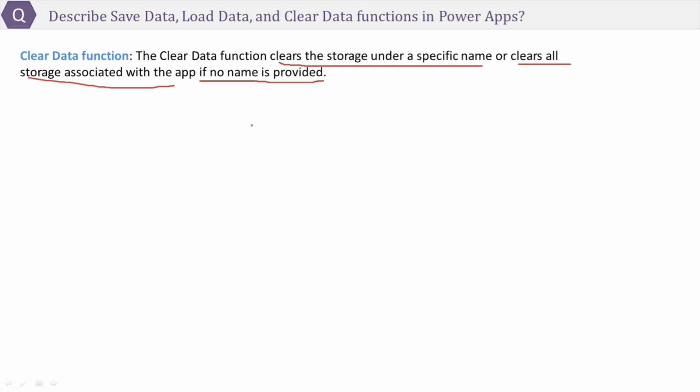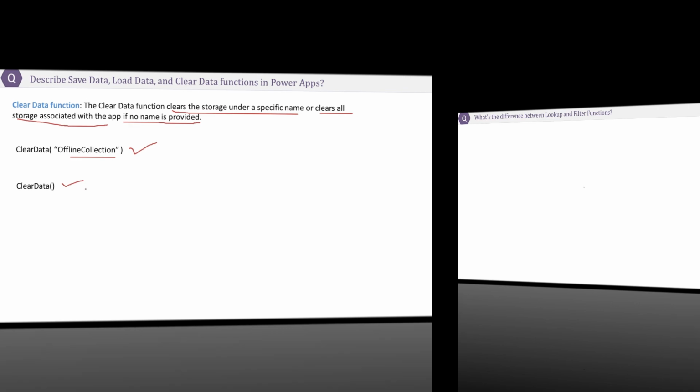Let's see its syntax. ClearData(offlineCollection) will clear the saved offline collection, and ClearData without any parameter clears all the storage associated with this app. Data stored by other apps is not affected.